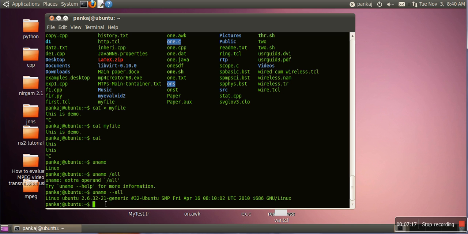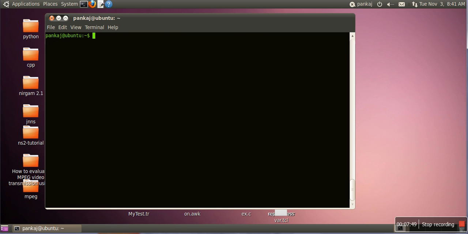So Linux Ubuntu, this is the kernel number, and this is the processor on which this one is running. So this is x86. If an operating system is having 86 at the end, this means this operating system is a 32-bit operating system. So operating system information can be fetched by using uname hyphen all command.